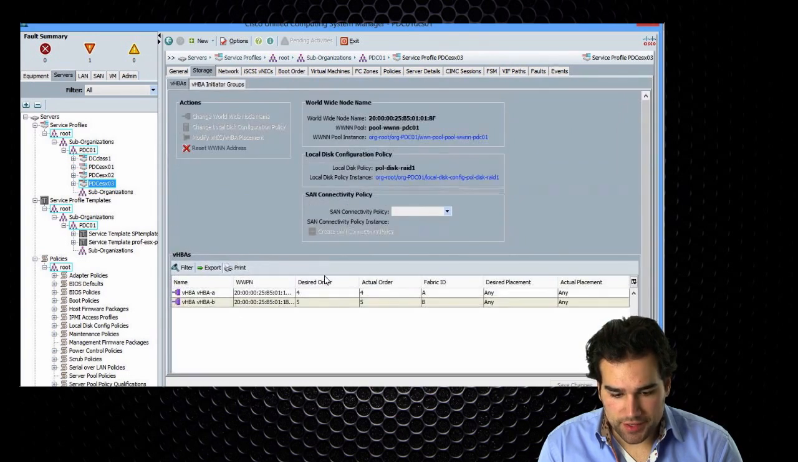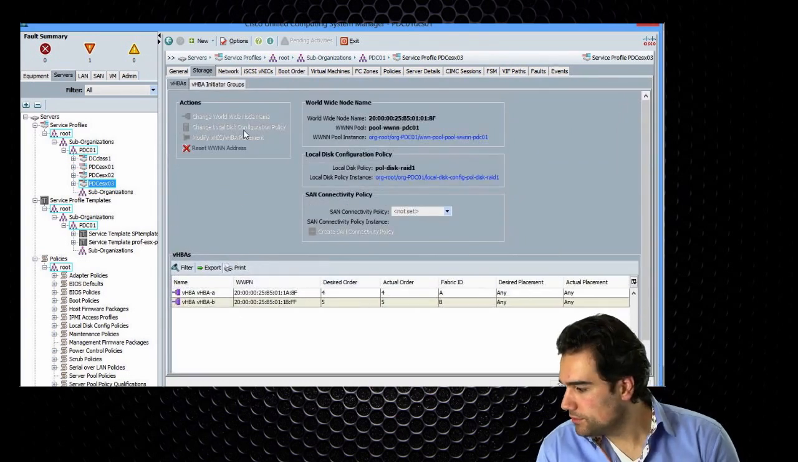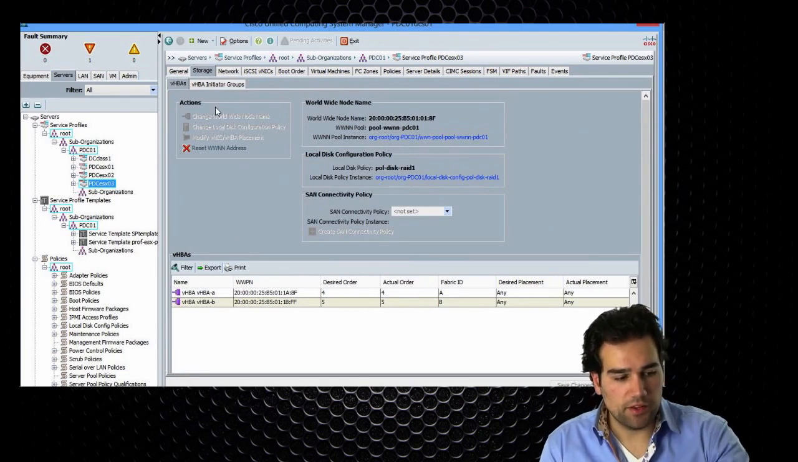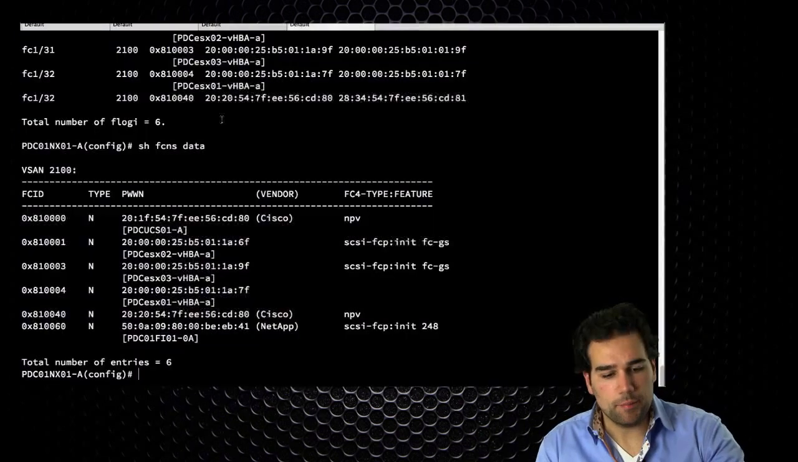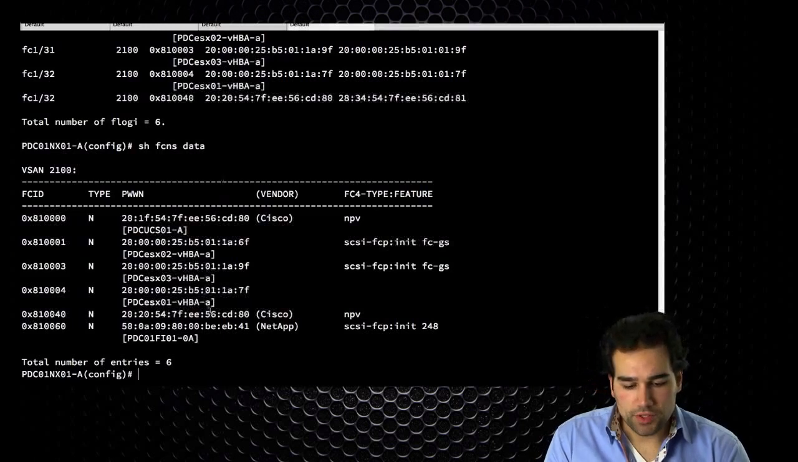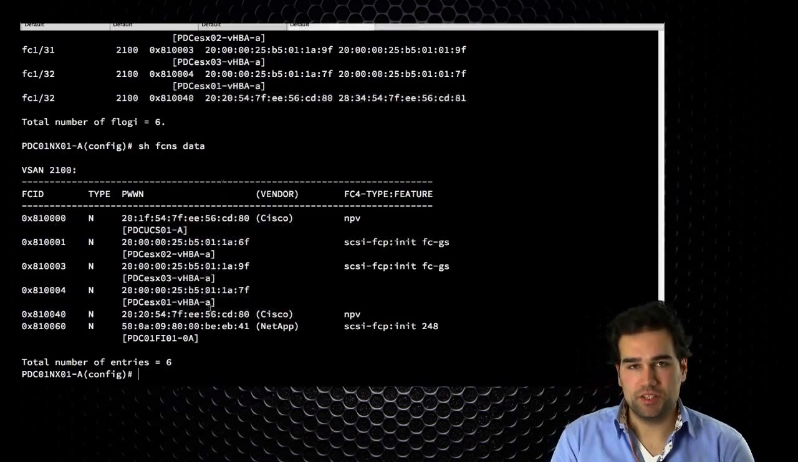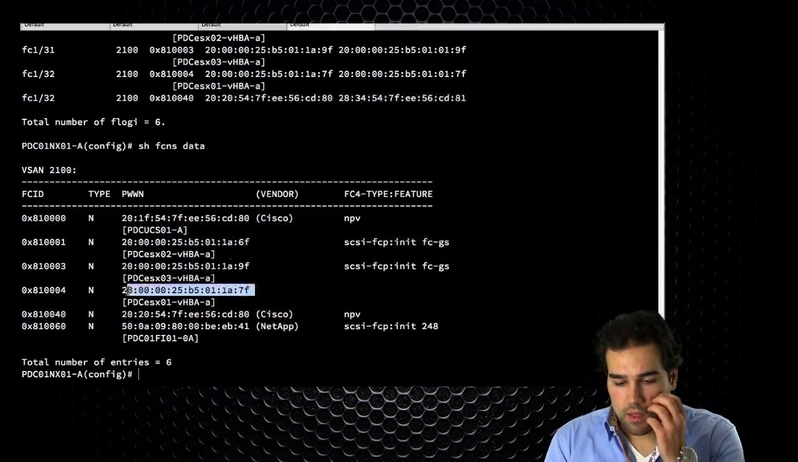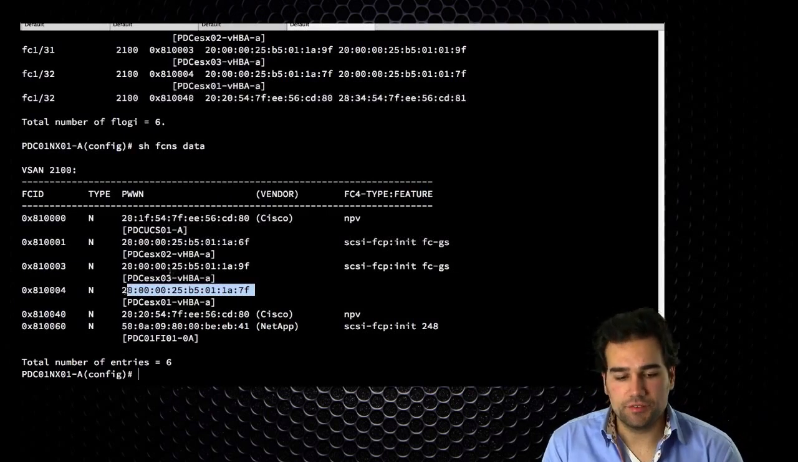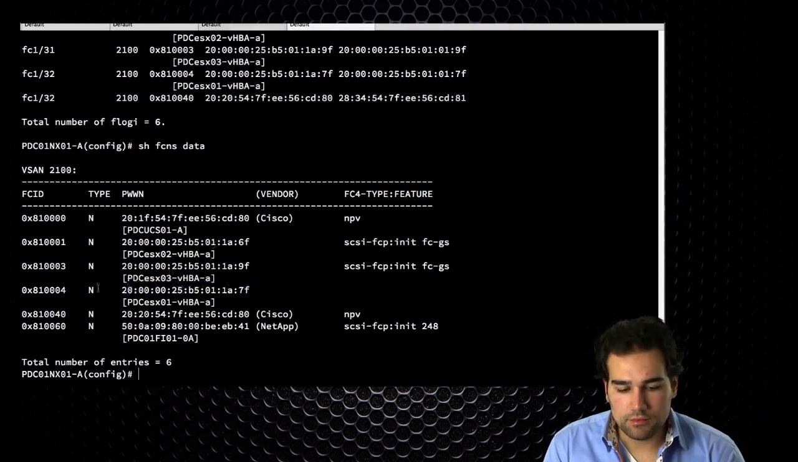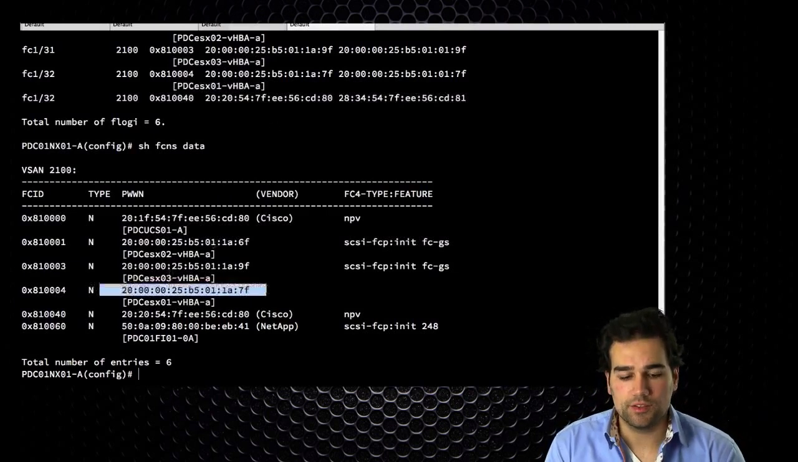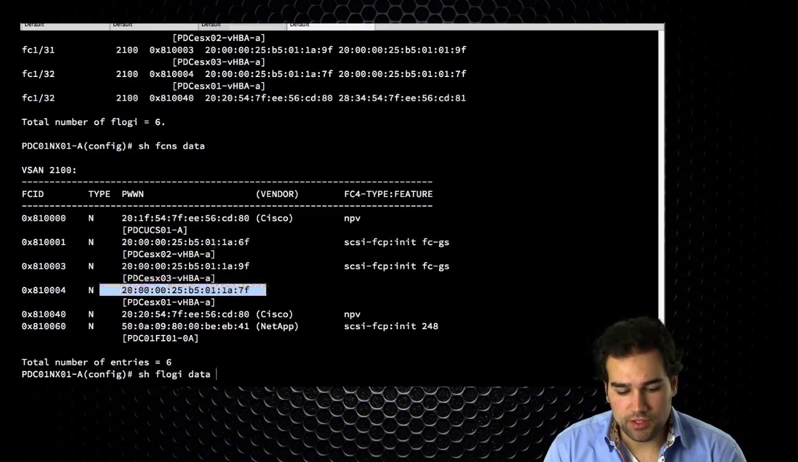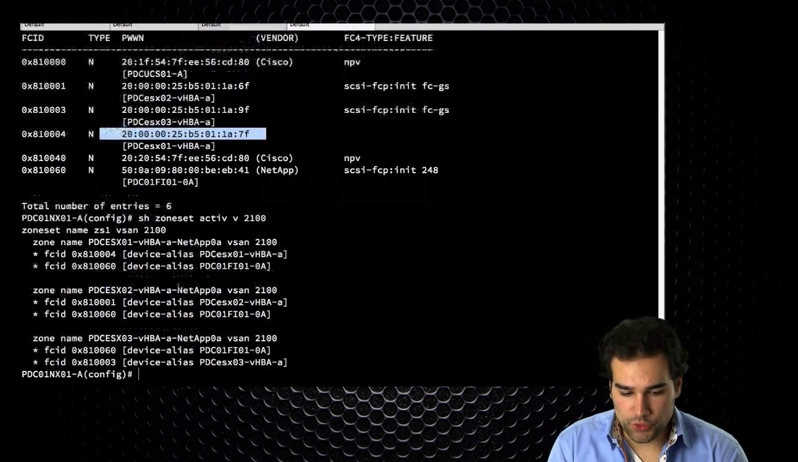The storage array expects a certain WWPN from me. So it's not a zoning issue why I cannot boot, it's a NetApp issue. The NetApp is expecting a specific WWPN to log into it, and currently I'm using a different one. I will not go ahead and change everything, but you see that I have a storage array logged in here. My zoning entry works as well. So currently it's a storage